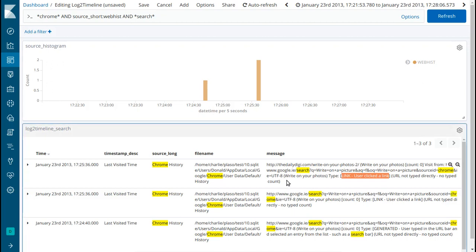Google searches, by the way, are very, very handy. So if you do something like this, you know, when you're thinking about something, you do a Google search. So looking at somebody's Google searches can show you exactly what somebody is thinking. Okay, so there's your 3 entries, and you can see that somebody went to a website, they searched for writing on a picture, and then they clicked on